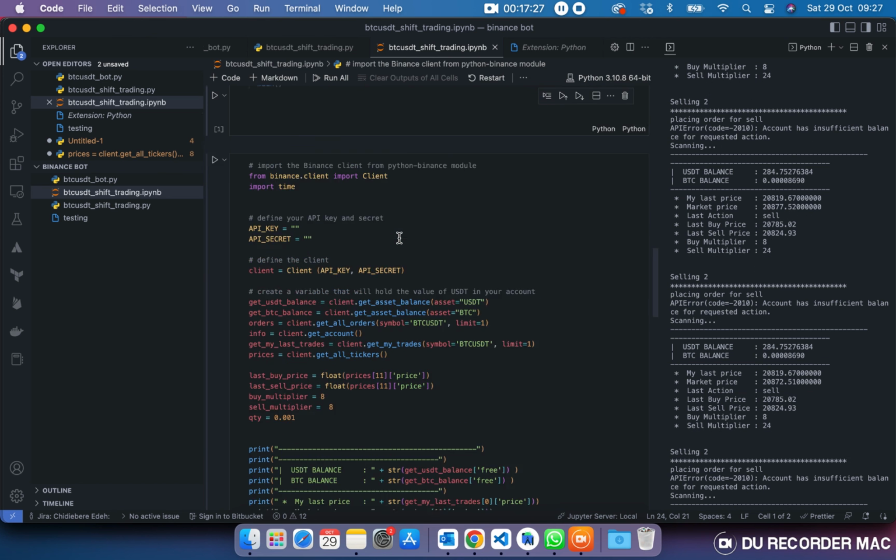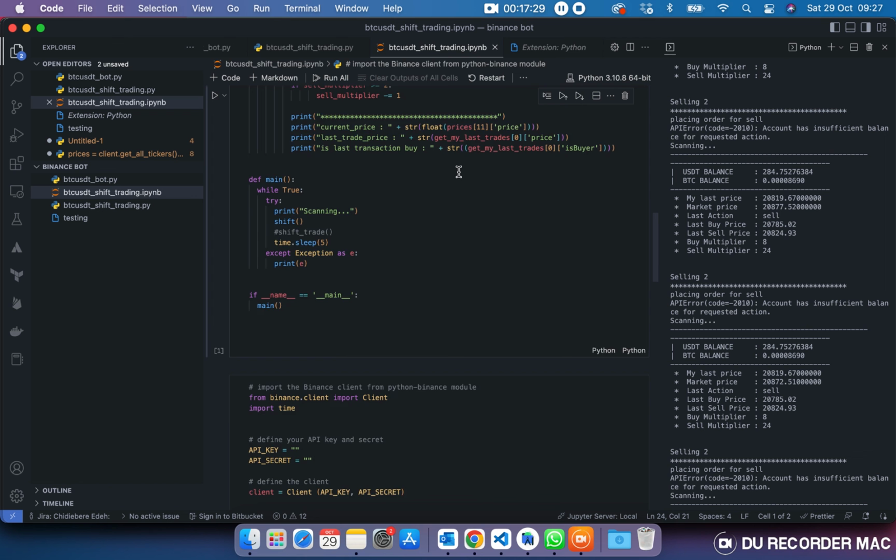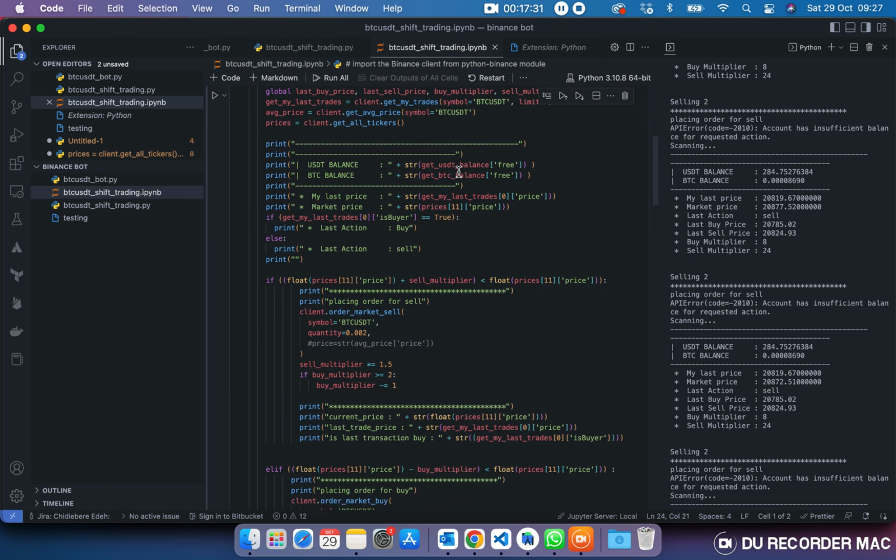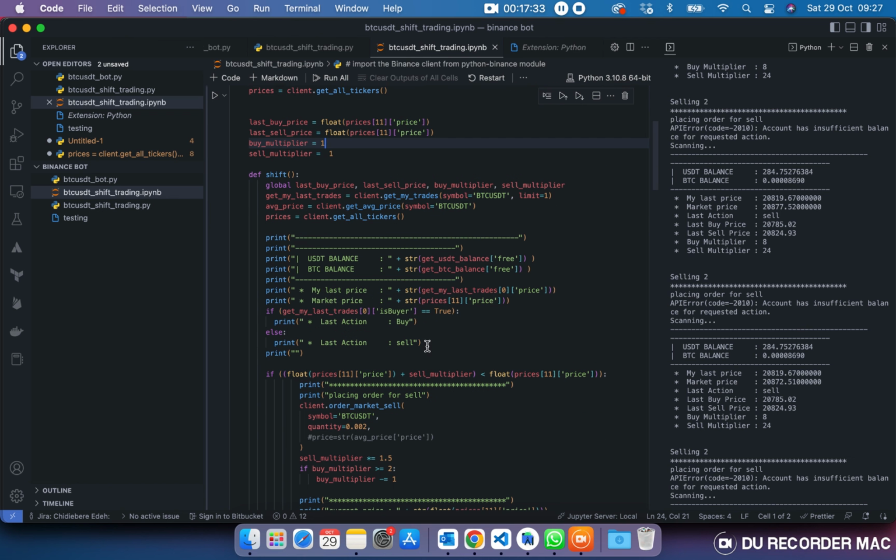I defined 8 here. Let's put it simply like this: for the current market price, when you minus your multiplier from it, if the value decreases,